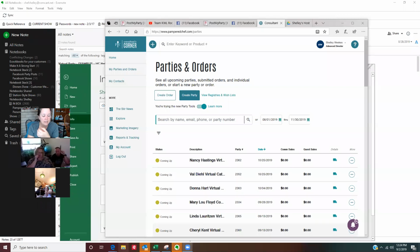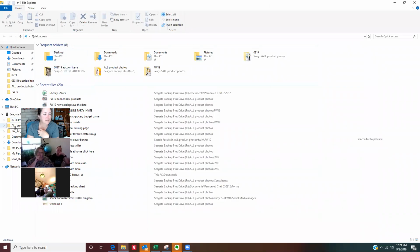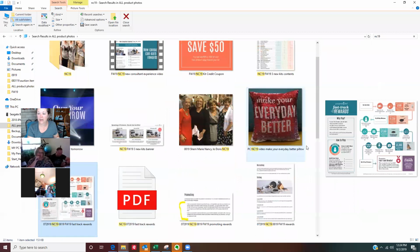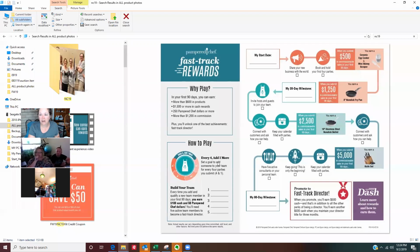I'm going to share my screen one more time and show Peggy this roadmap. Peggy, that looks familiar from last time. I shared that roadmap with you last time, right? This is the one right here. This really is the one you want to print out and put on your fridge and on your bathroom mirror. And it's not my place to set your goals for you, but